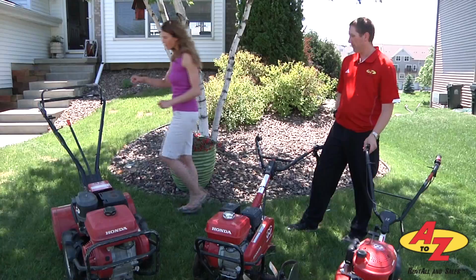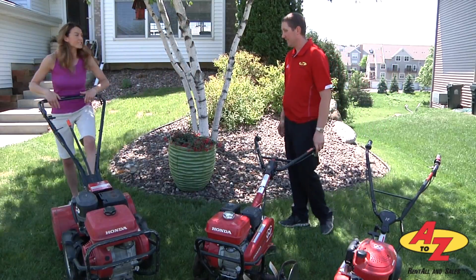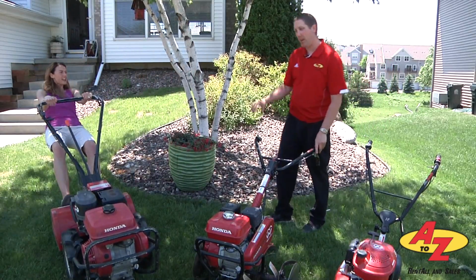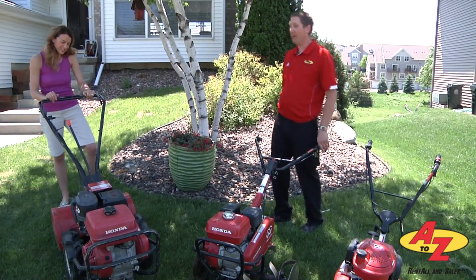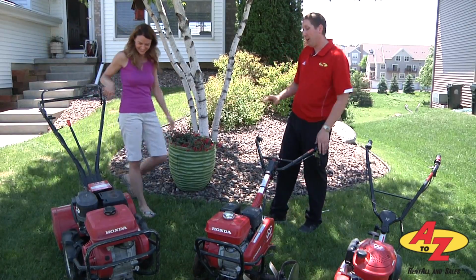So I think this would be my preference. Looks like the lawnmower that you just ride along and you can ride on there. It's really made to walk behind, but if you wanted to ride on there, I'm sure you could. It might try to throw you off, but